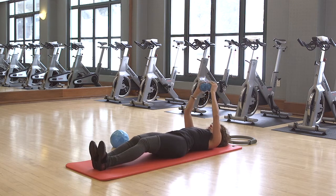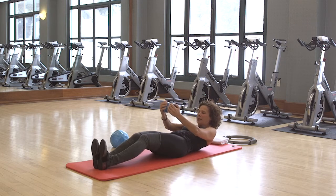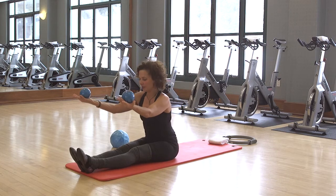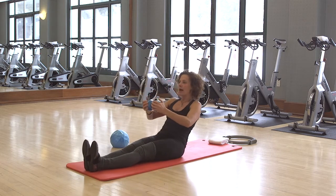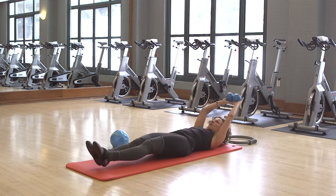Inhale, arms over the chest. We'll lift the head up. And the weights are going to help you to roll through that sticky section right there. And bring it forward. Again, straight back if you have spinal issues like brittle bones. All right. And exhale and roll back. Again, if you're just starting out, just bend the knees. Make your movement look small